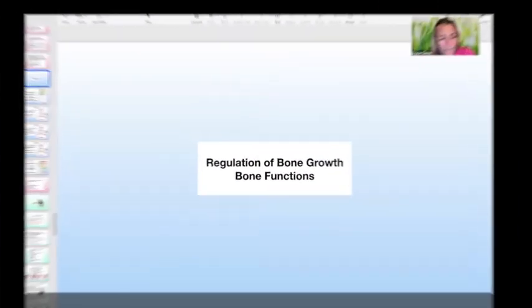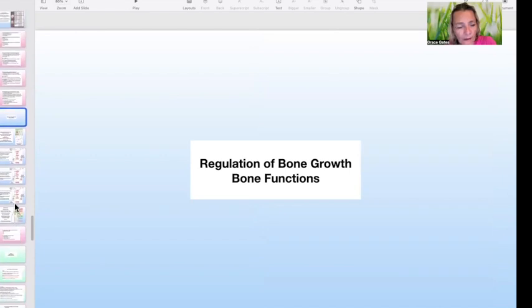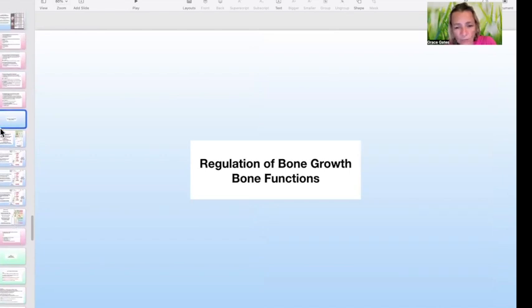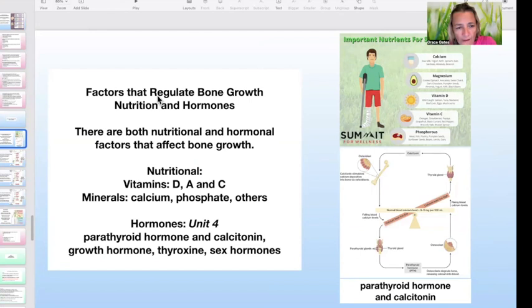Okay, so rounding up our lecture is the regulation of bone growth and bone function. There are factors that regulate bone growth. They include nutritional factors and hormonal factors. Nutritional factors are vitamins such as vitamin D, A, and C, minerals such as calcium and phosphate, but also others, and hormones: parathyroid hormone and calcitonin, which we'll learn about in Unit 4, growth hormone, thyroxine, which is thyroid hormone,